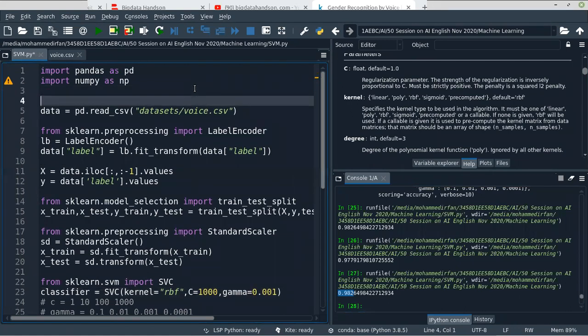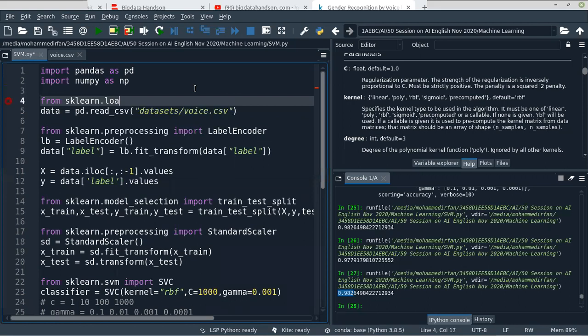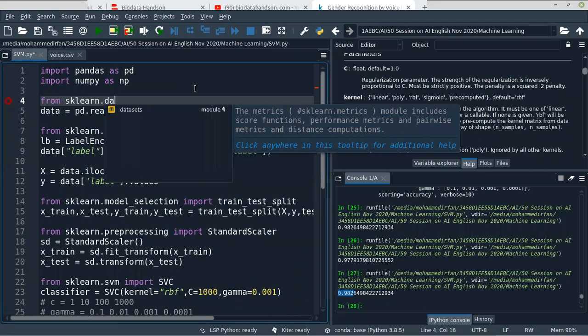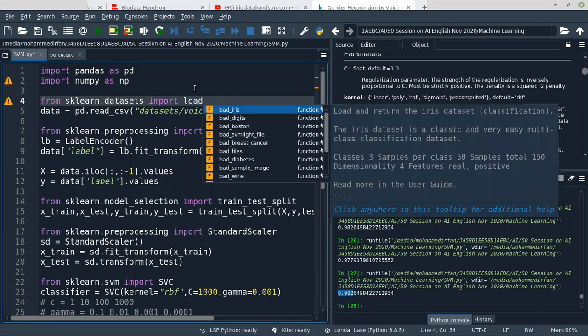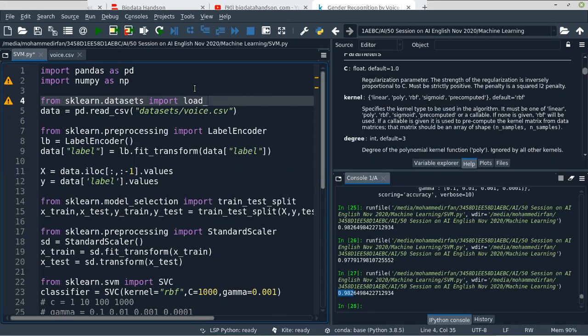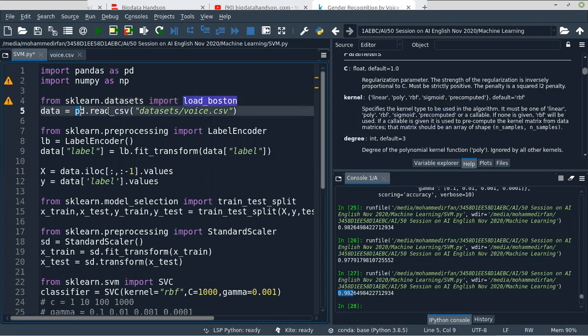Let me import the Boston data from sklearn datasets, import load_boston. So instead of reading the file, we'll call the function load_boston.